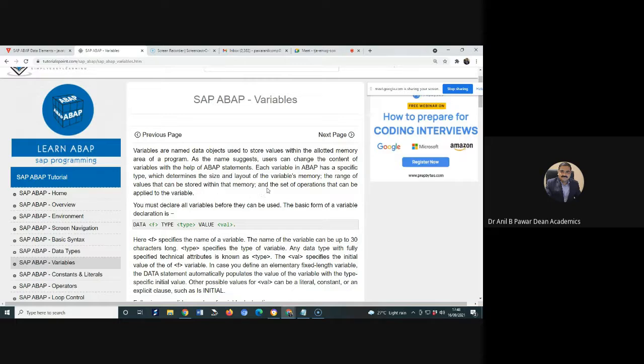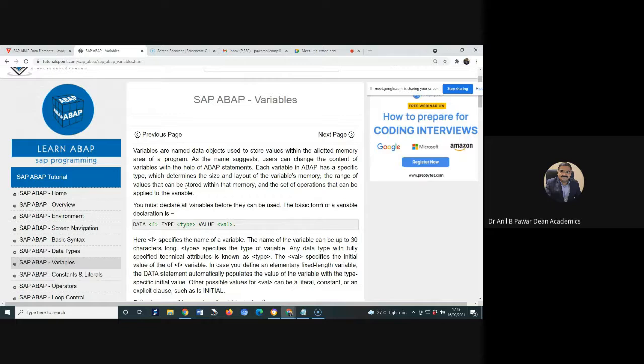Along with size and layout, the variable's data type also specifies the range of values that can be stored within that memory, so its limit or extreme values can be defined. The set of operations that you can apply is also specified when you declare a variable.